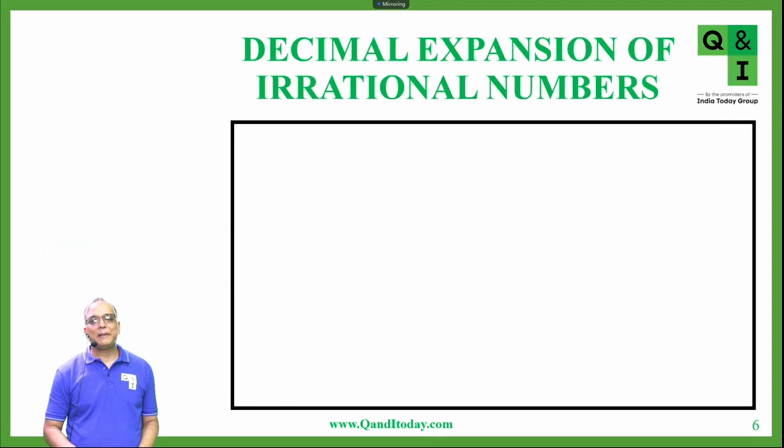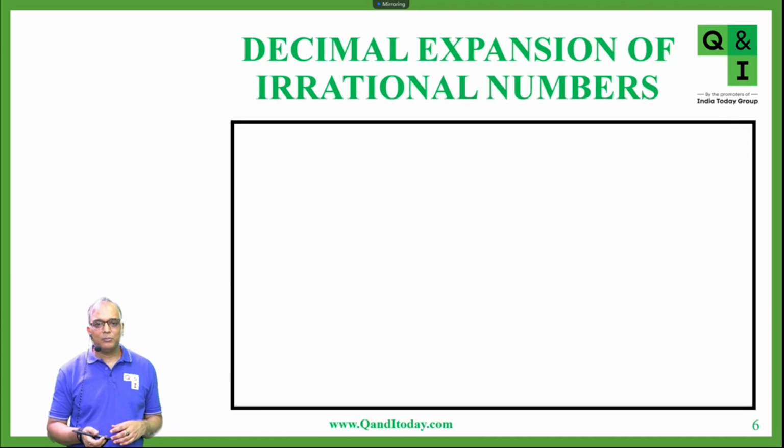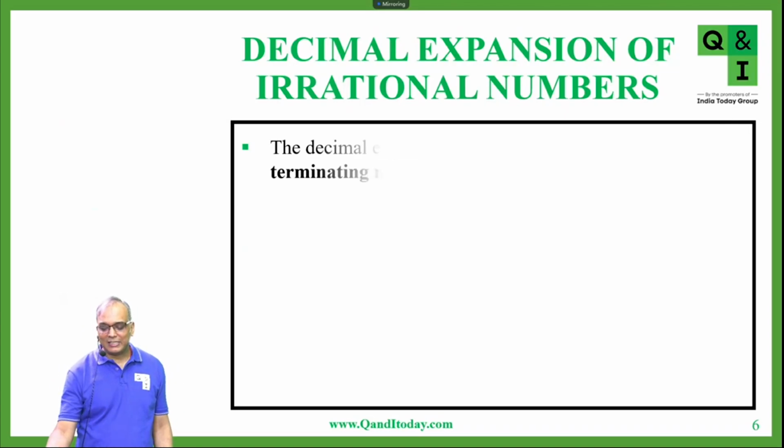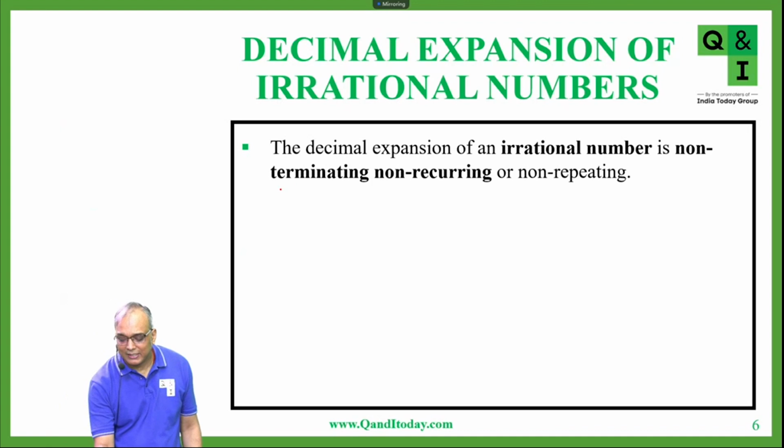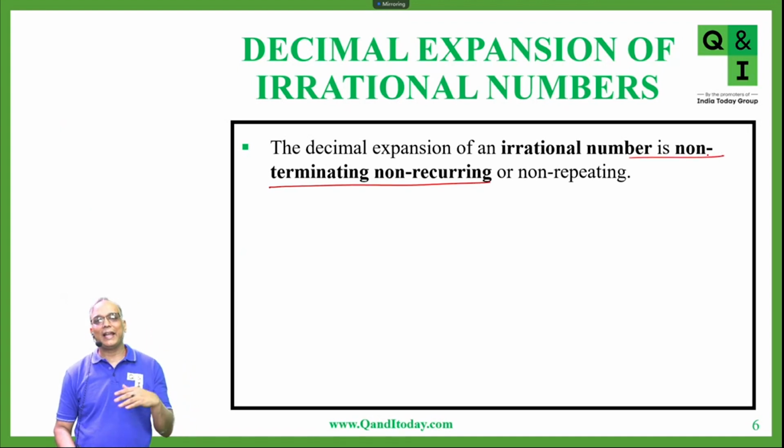Now decimal expansion of irrational numbers. So when you convert an irrational number into decimal form, right, the decimal form would be non-terminating and non-repeating, or non-terminating and non-recurring. Okay. So decimal expansion of an irrational number is non-terminating and non-recurring, means it will not terminate and it will neither